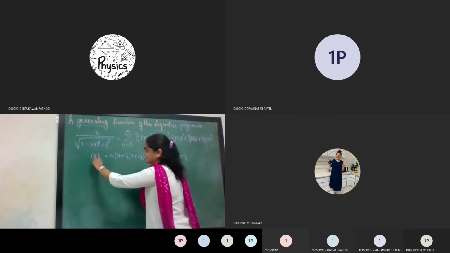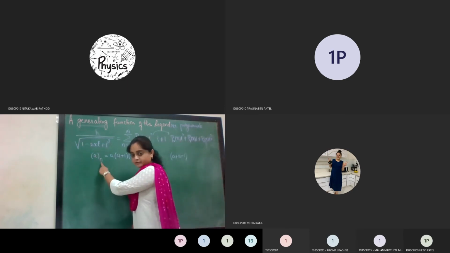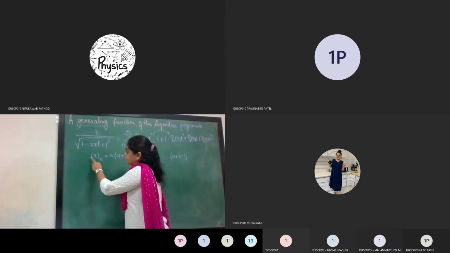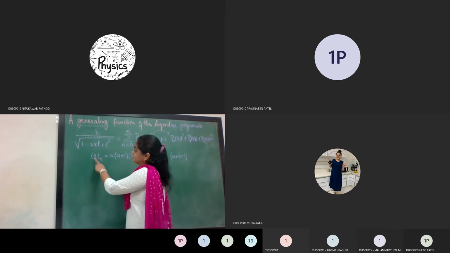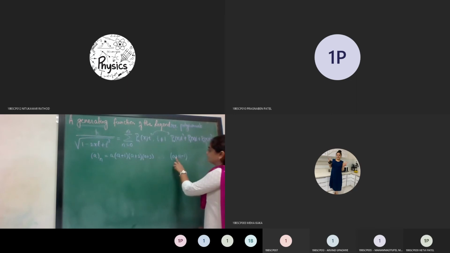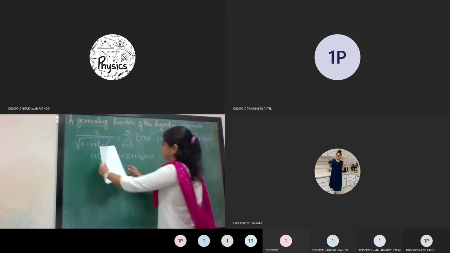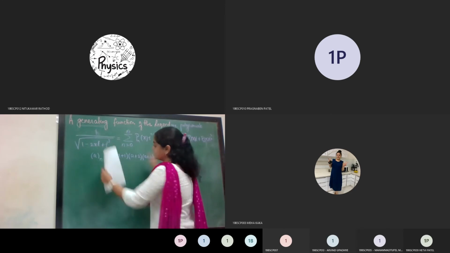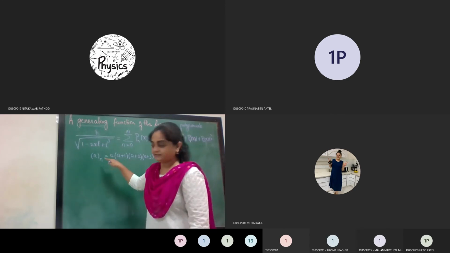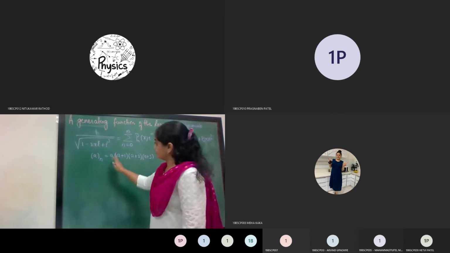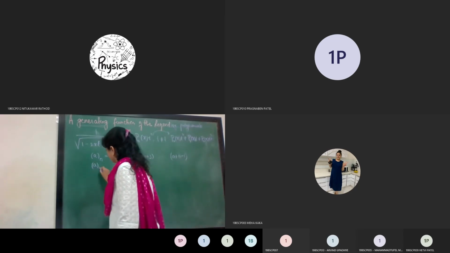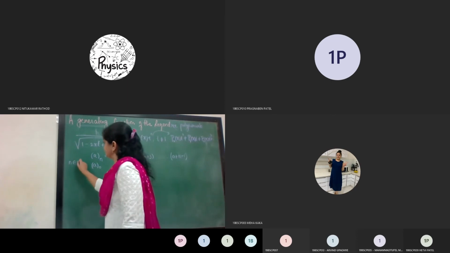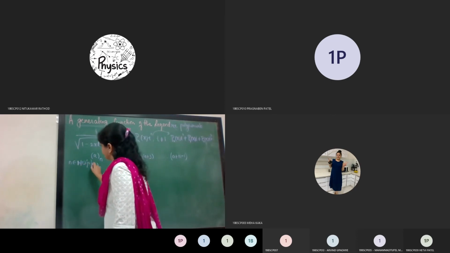Whenever I write this, it is called a sub n. This means it is a product of n factors starting with a and ending with the term a plus n minus 1. You can see, except for the first one, the terms are 1, 2, 3, 4 up to n minus 1. So there are n minus 1 terms and one additional term, which means this product has n terms. And of course a sub 0, where n is a natural number as well as 0.